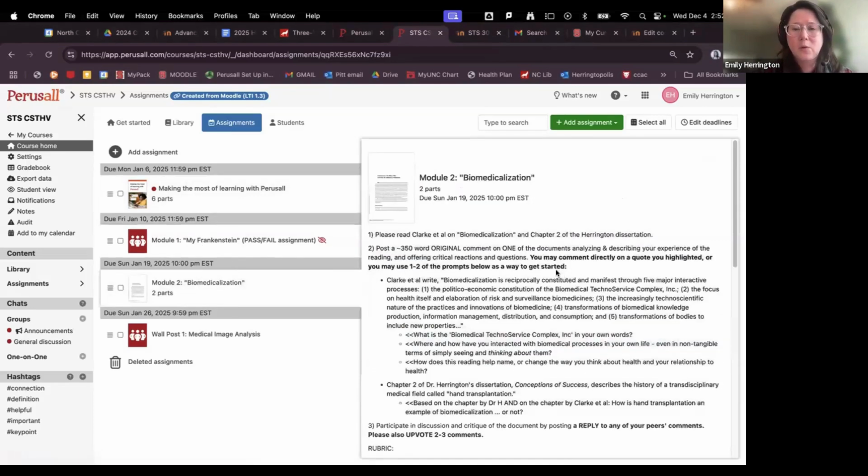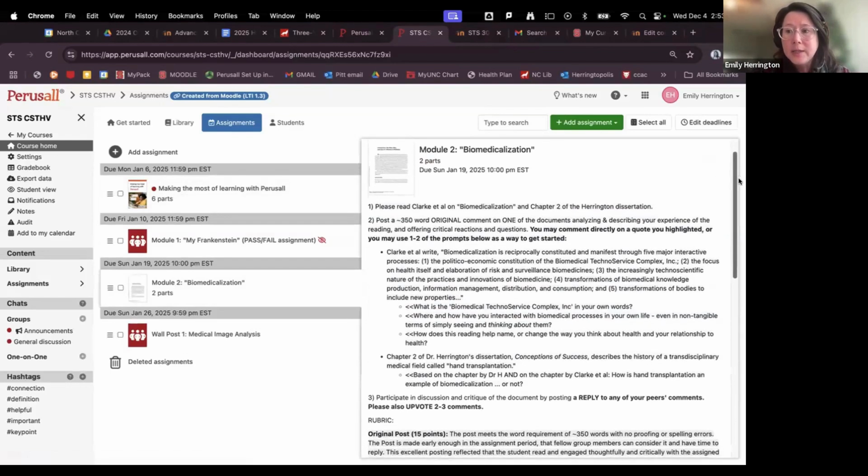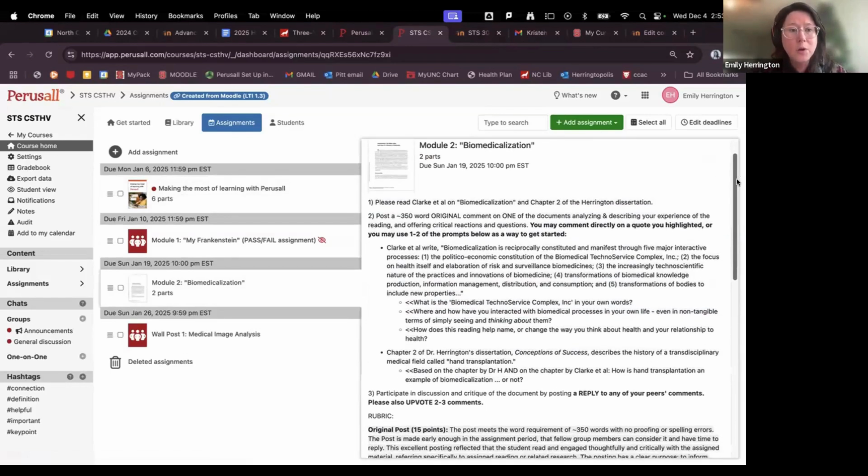And then when we get into the course, the first type of assignment, I used to call it a forum on Moodle. I'm calling it a module in Perusall, and it seems like there are basically two types of assignments you can do in Perusall.